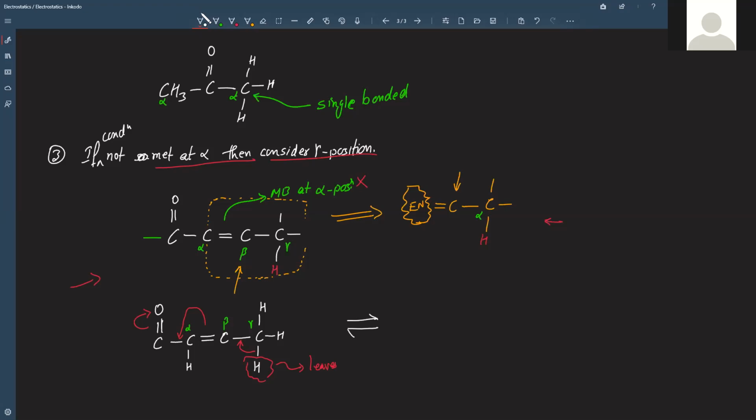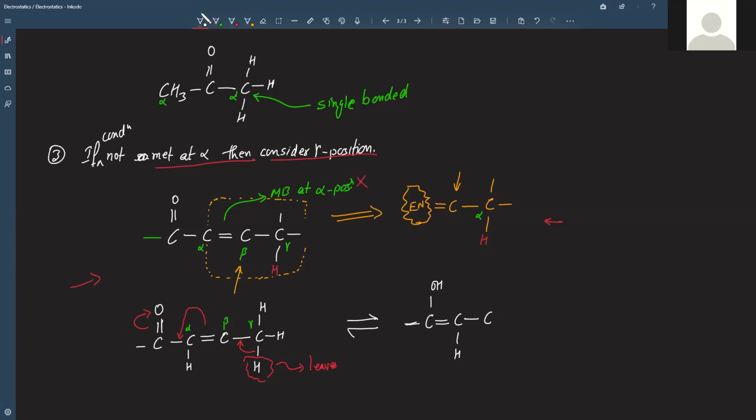That structure will be again C single bond OH, double bond C, because the double bond came there between the first C and the alpha carbon. There are other bonds also, but we are not writing that. Let us include that as well. Then again, obviously here there is a single bond. Hydrogen is still there, or whatever is there, that will remain there. So this C bond is complete.